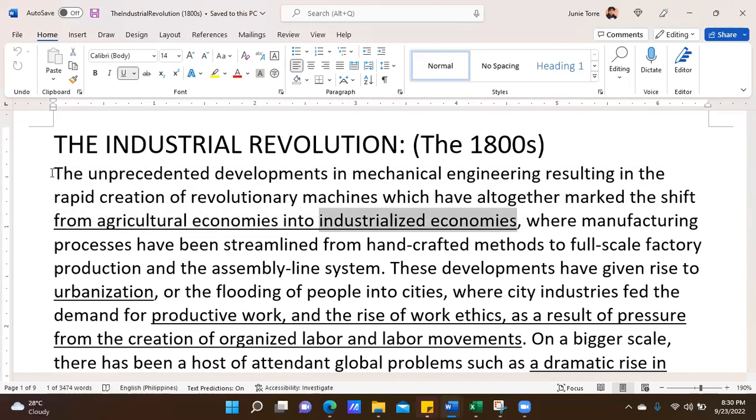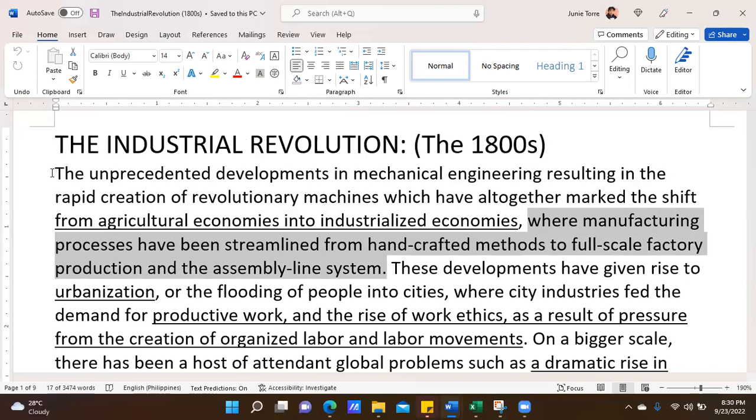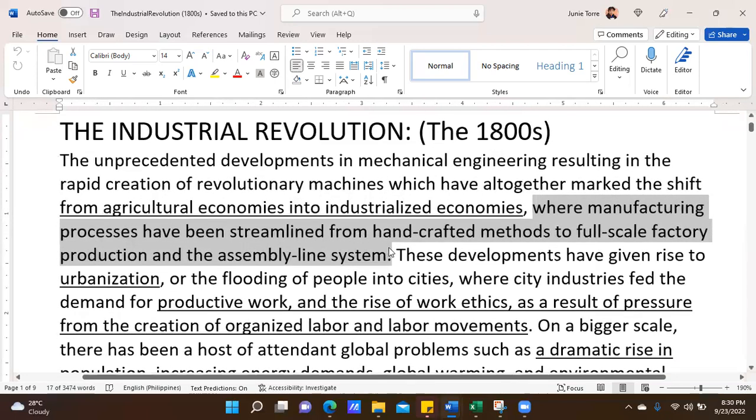I guess we're still very agricultural, no? In fact, we cannot even meet our agricultural targets where the manufacturing processes have been streamlined from handcrafted methods to full-scale factory production in the assembly line system. Okay. These developments have given rise to